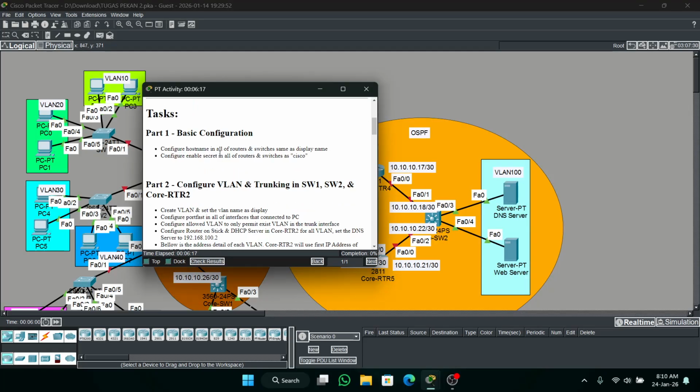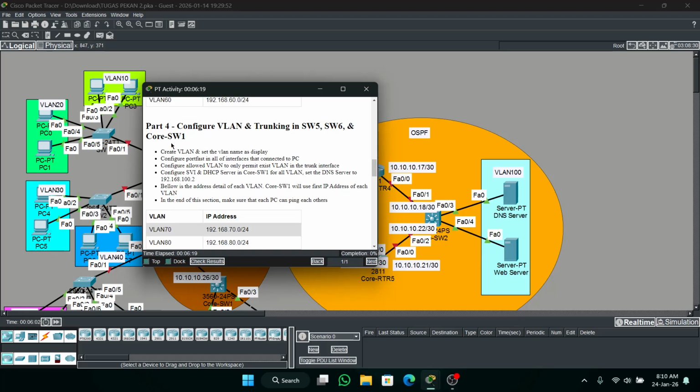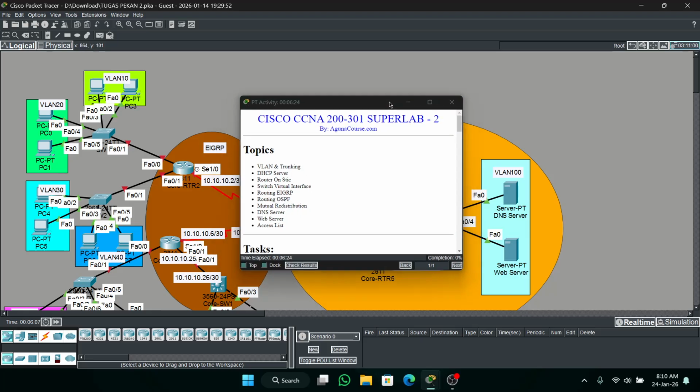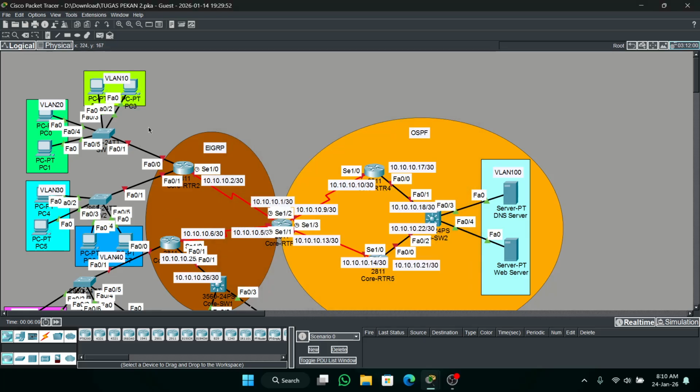So you can read the task first, then configure, or you can follow me.